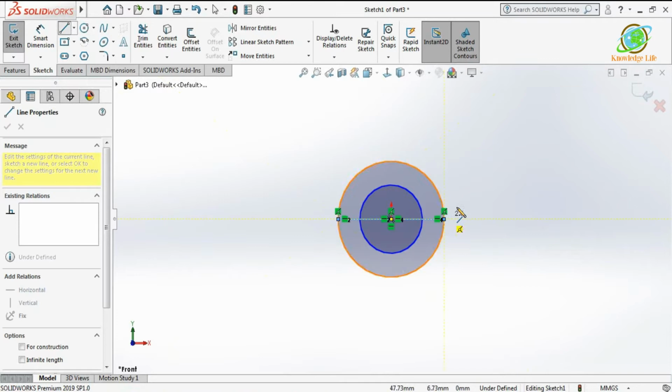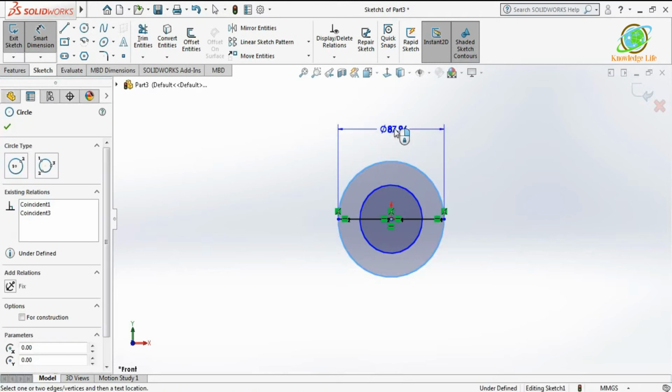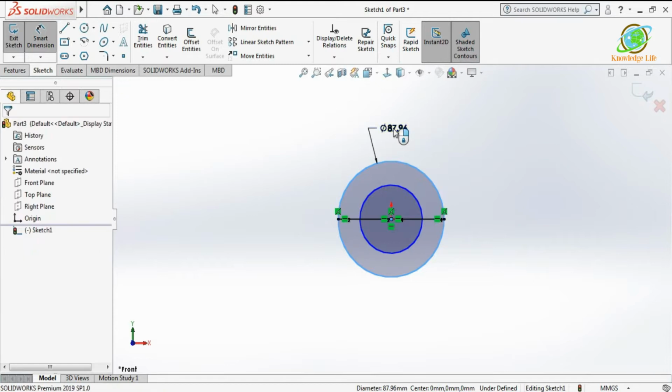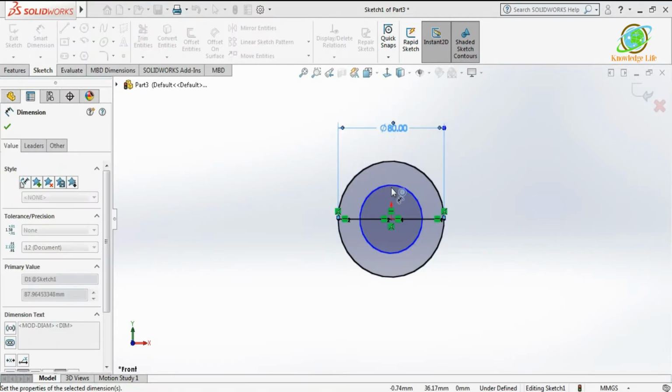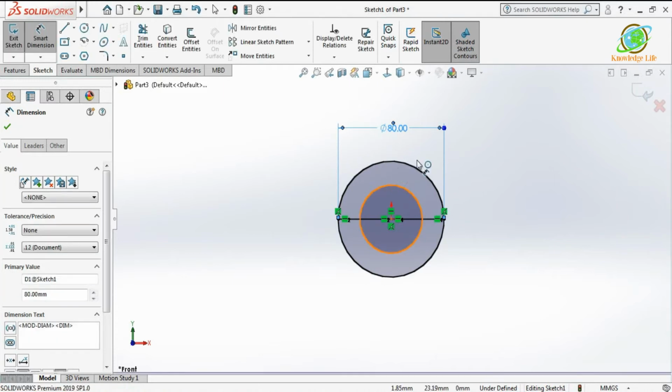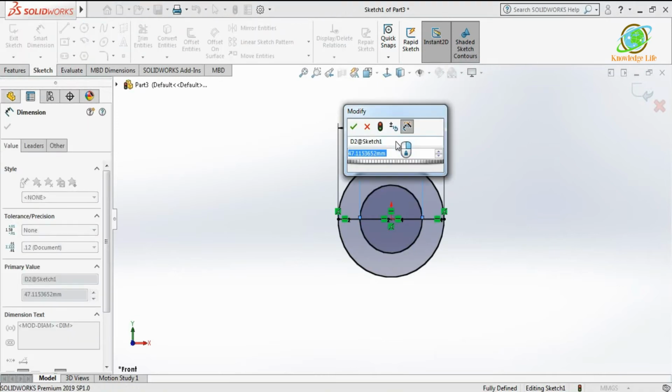Now we'll go for the dimensions and give the dimension for both the circles. For this circle the diameter is 80. So give their diameter value 80. And for the inner circle having the diameter 48.